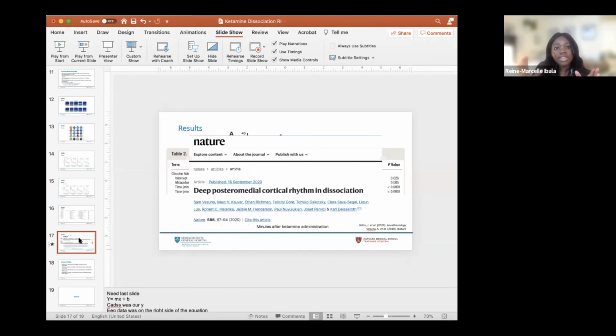We know that CADS is a good marker and a good measure of ketamine dissociation. We also know that ketamine itself has neuromarkers. So we're still now at this stage where we're trying to link the 2 of those, and having this new sentinel paper that's looking at this deep waveform and showing that you could actually cause this dissociative state by triggering